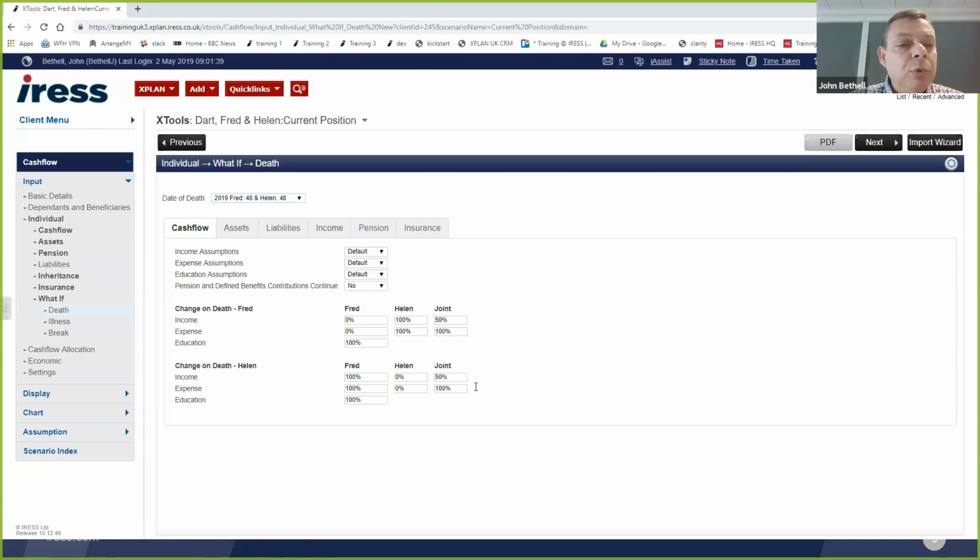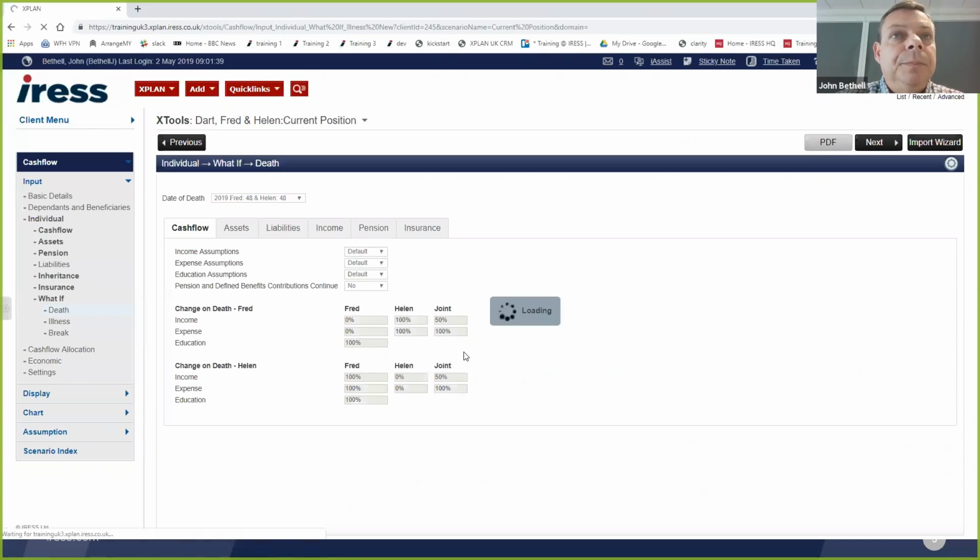And what that enables you to do is to have a really fast pass through: have they got a problem on death? If one was to die, is there an issue? Yes or no? If there is an issue and the client agrees to pay, you can then go into by source, and that means you can pick up each income and say exactly what happens to each income, what happens to each expenditure. So you can get really, really detailed should you need to do it. But on this pass, it's just a quick current position, where are you, where's it going?